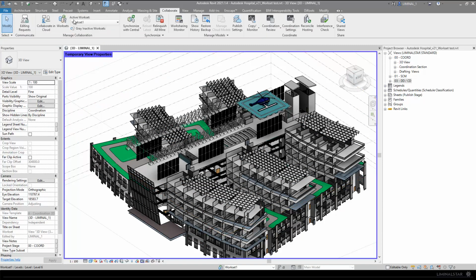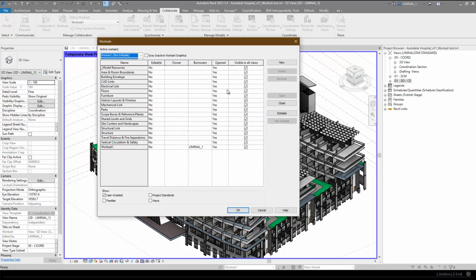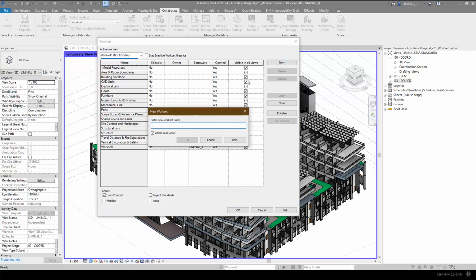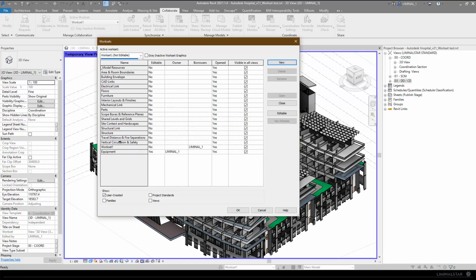So I'll go to collaborate, click on worksets and bring that up. And I'm going to create a new one and call this equipment. Now, I would say let's,